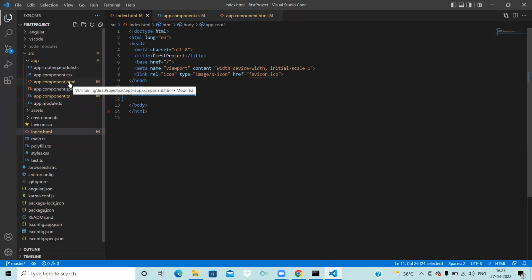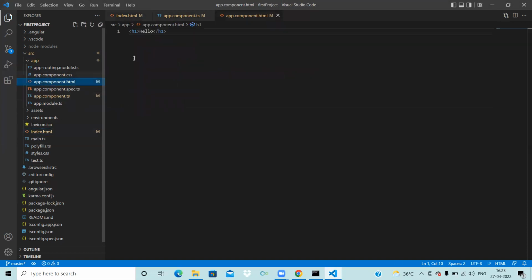Here you are calling app root, which is the app component. This HTML, CSS, and TS will trigger. In HTML, whatever you have written is reflecting. Now in CSS